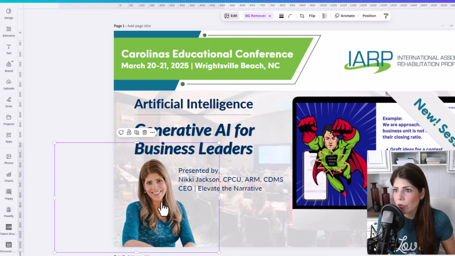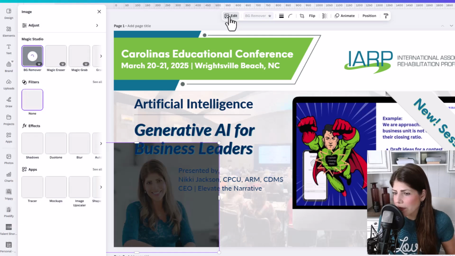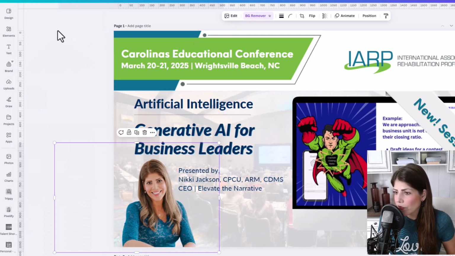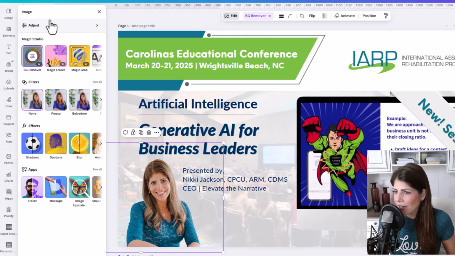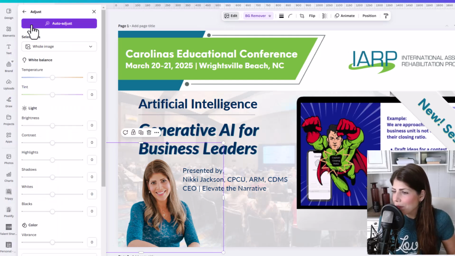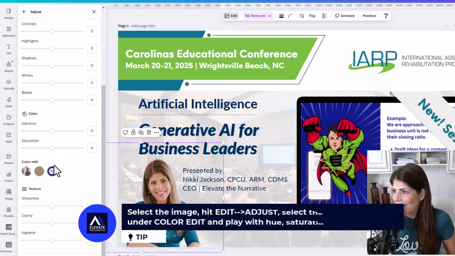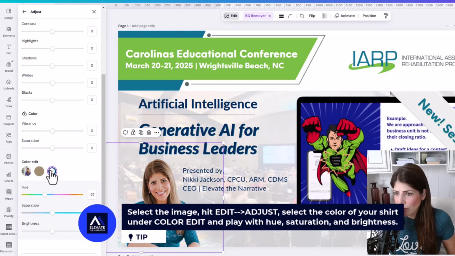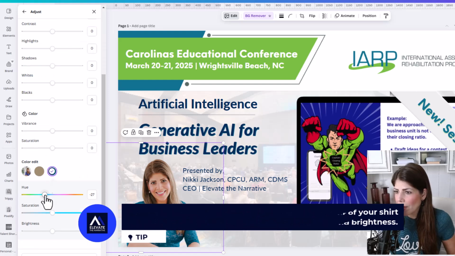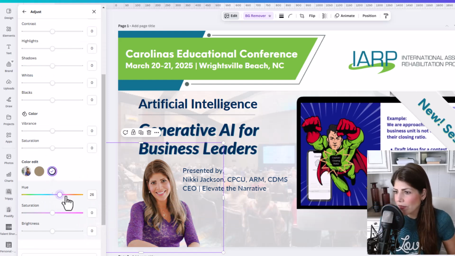You can go into adjust and you can pick the color of your dress. In this case, in my original photo, it's like this dark blue. So here I actually took this and I made it match the colors that are the IARP logo. How cool is that? Now, if it's something else, if I'm going to go in and do a CPCU event,